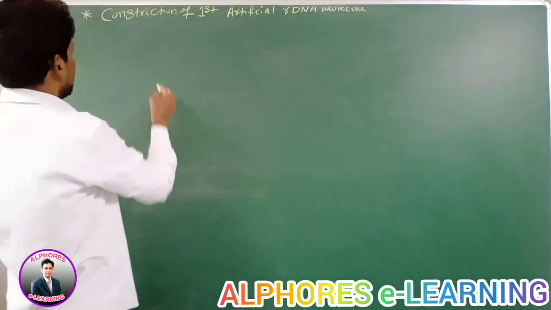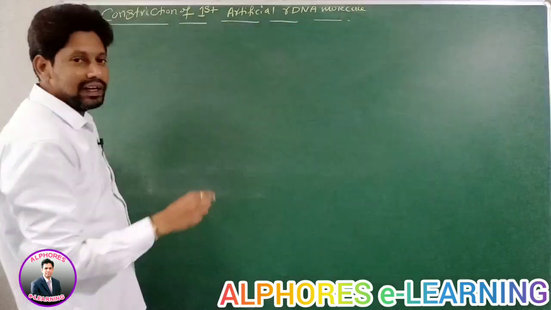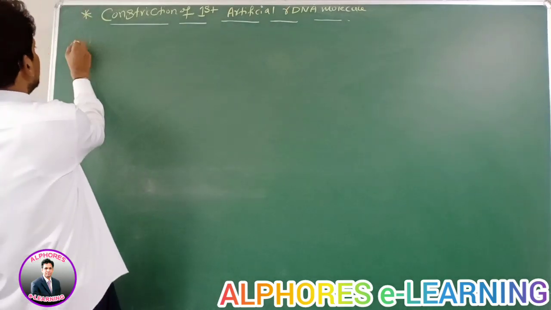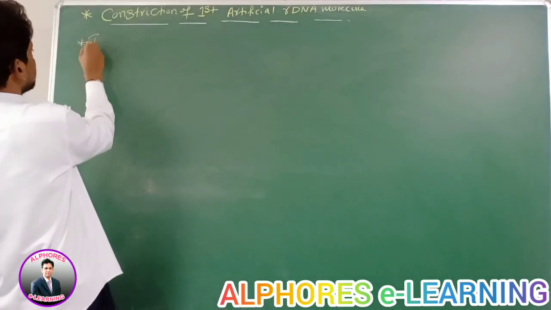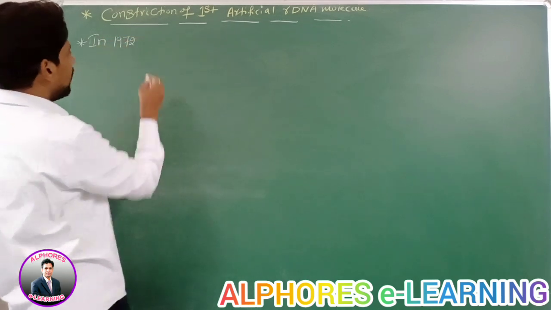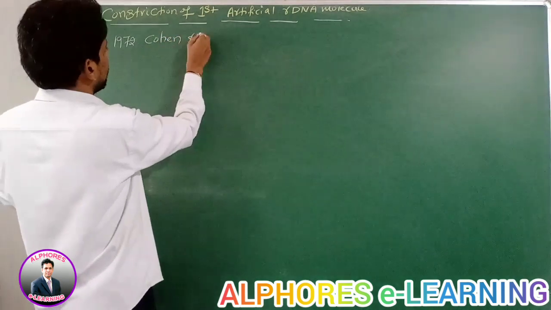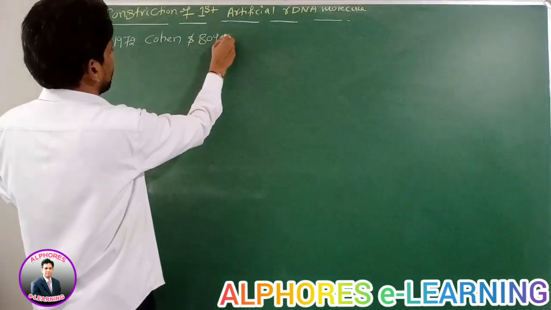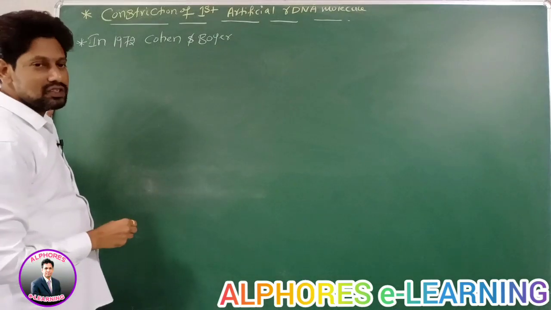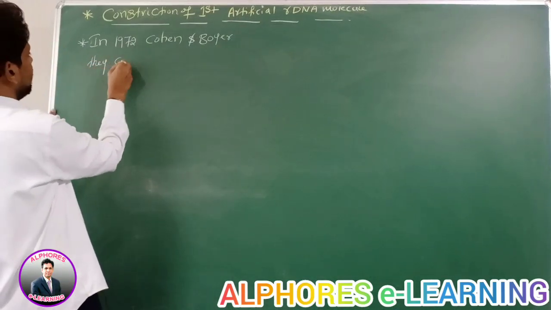Is it okay? In which year? 1972. Cohen and Boyer, what are the two scientists' names? Cohen and Boyer. In 1972, Cohen and Boyer constructed a